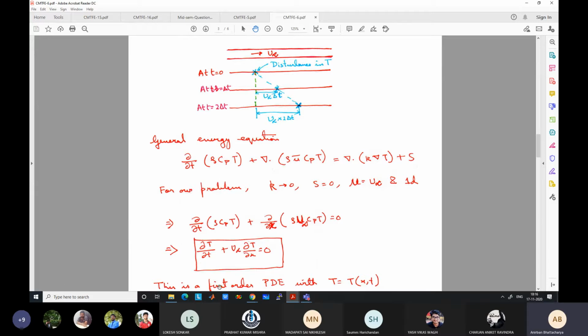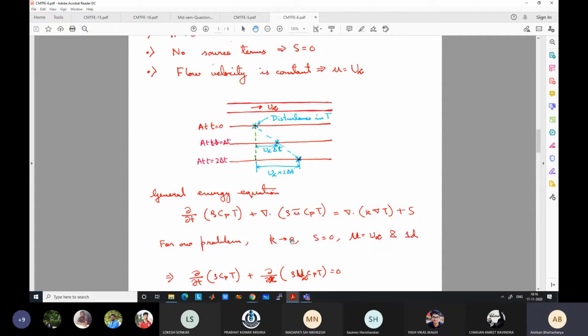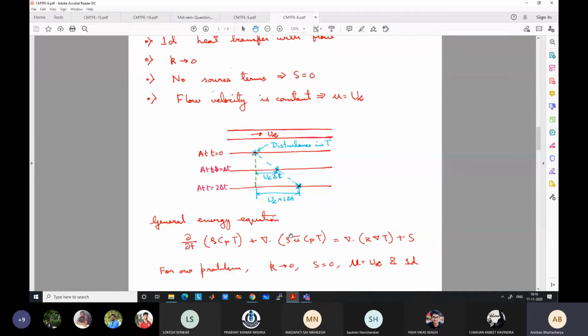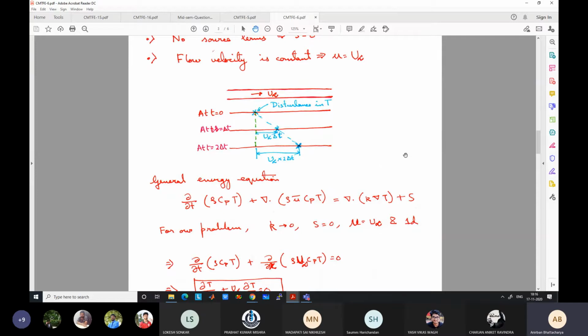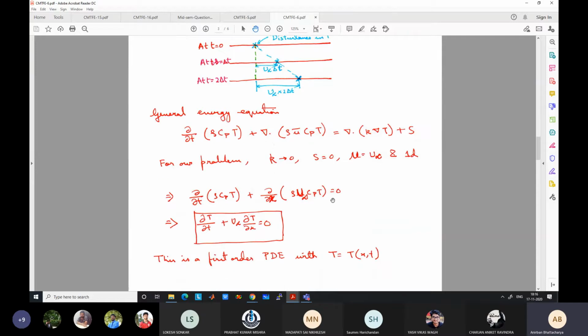But in this case many of you have not done it. Still I have given marks, but for the next exam you have to be more careful. Particularly, many of you have directly assumed that for any value of U this is valid. It is not valid for any value of U. U has to be constant, that you need to mention. Most of you have forgotten that. Still I have not deducted marks this time, but this is an important part, otherwise you cannot bring U out of the derivative and it needs to be inside the equation.